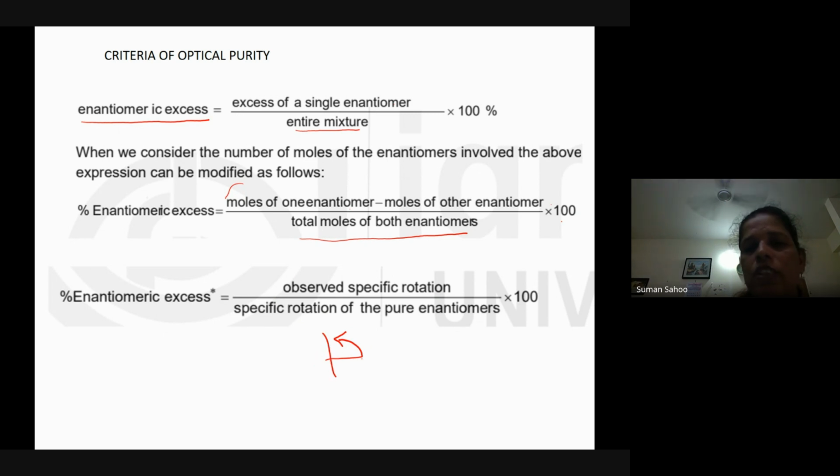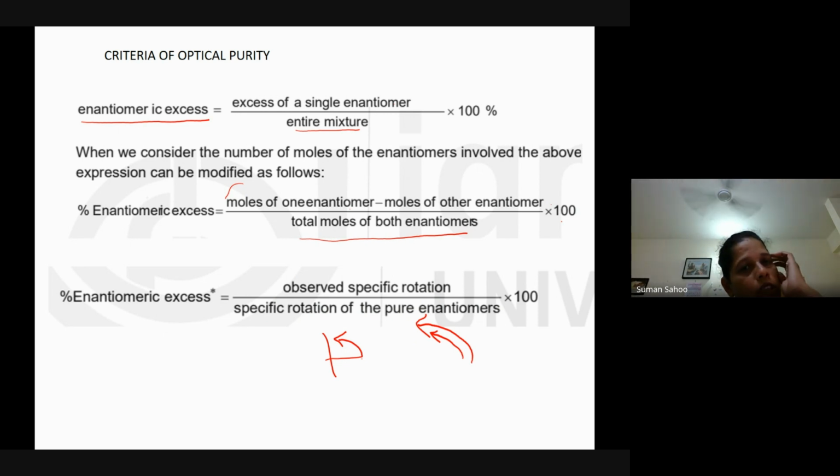So observed specific rotation divided by specific rotation of the pure enantiomer. The pure enantiomer will have a specific rotation, and if we have some impurity, it would be less. So observed specific rotation divided by specific rotation of the pure enantiomer, times 100. So that is your